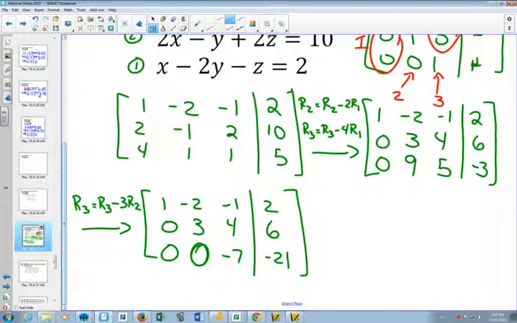So in row echelon form, we're done. And we can now substitute in and work our way back to find everything. But for reduced row echelon form, we're going to want to get this to the identity matrix. We now can take row 3